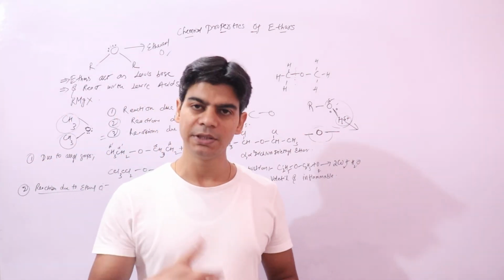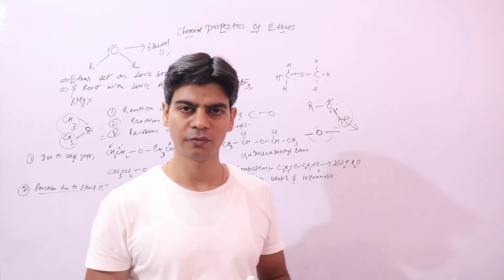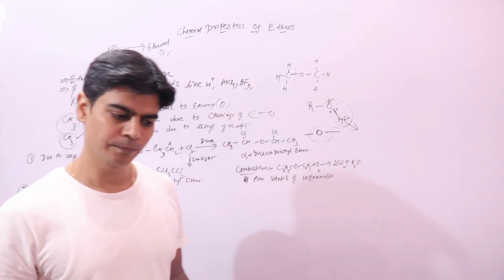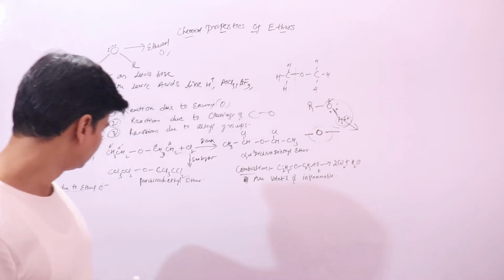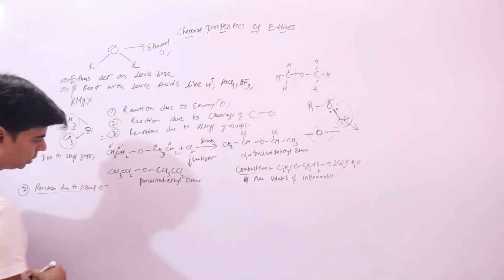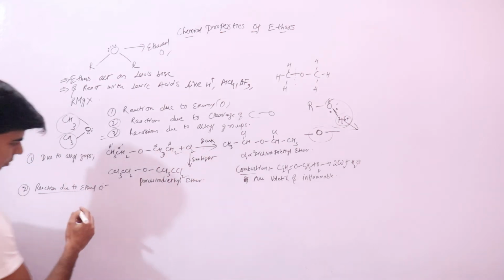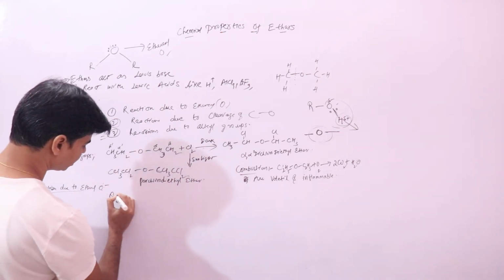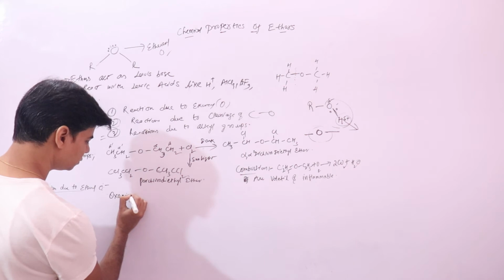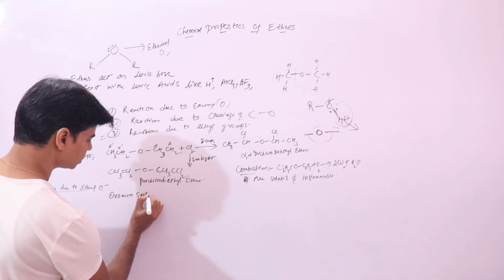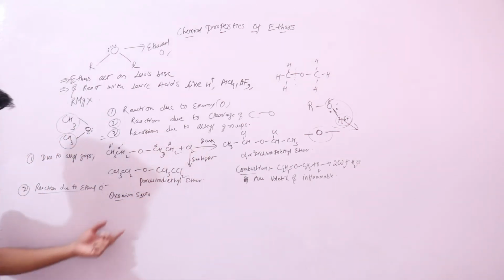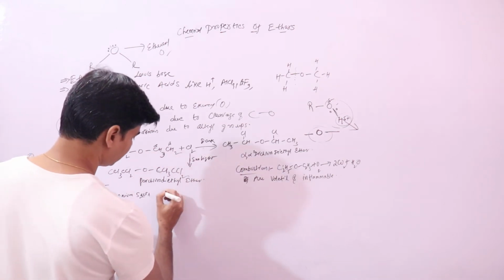So it will react by donating its lone pair of electrons, as we have discussed earlier, to form compounds. For example, let's first look into oxonium salts, formation of oxonium salt is that these ethers